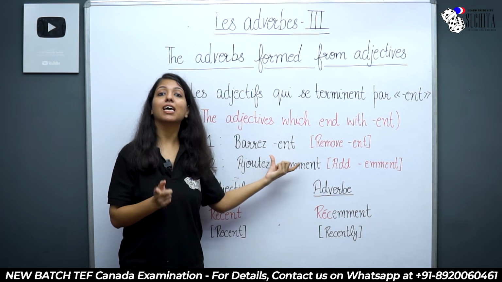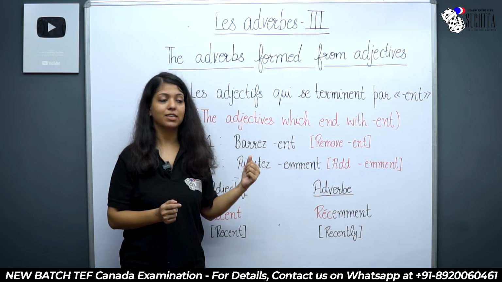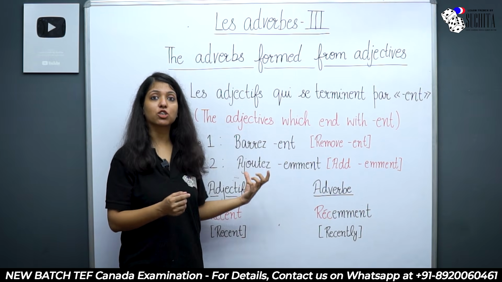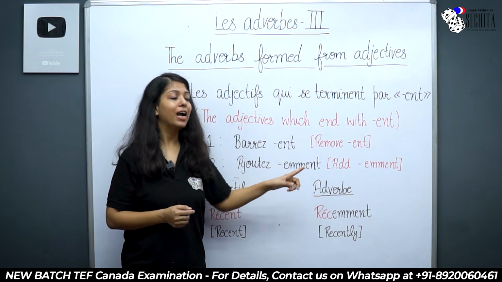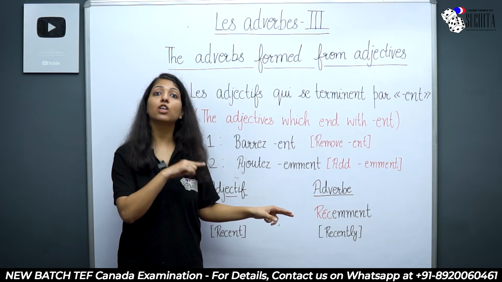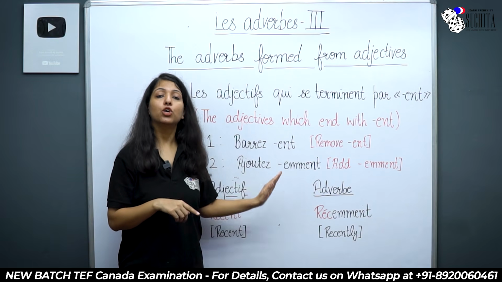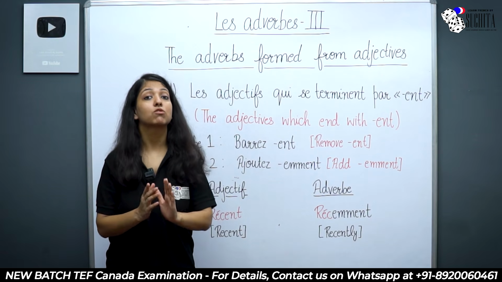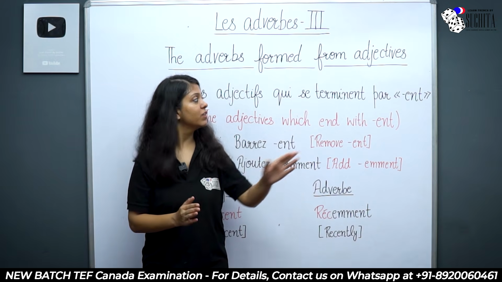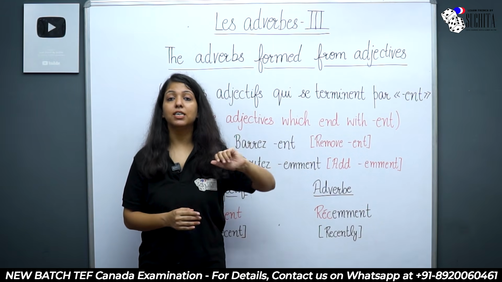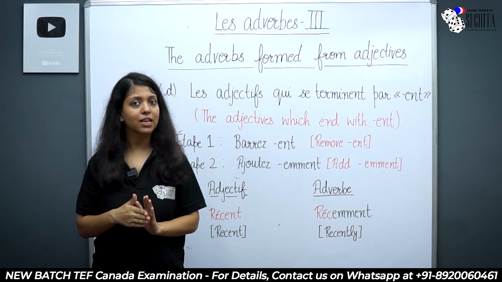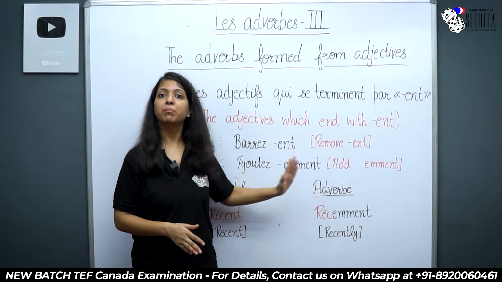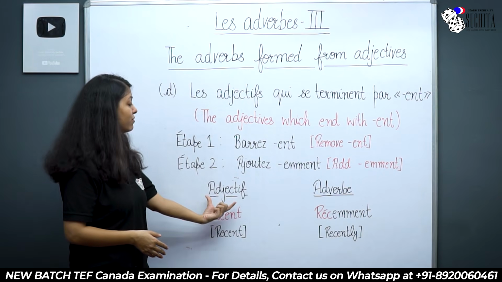You were removing A-N-T. Here you need to remove E-N-T and then ajouter, ajouter which means to add. Now add E-double-M-E-N-T. There you were adding A-double-M-E-N-T. Here you are adding E-double-M-E-N-T. So basically, if your adjective will end with E-N-T, in that case you just need to remove E-N-T and then add E-double-M-E-N-T. For example, here I have written one example,